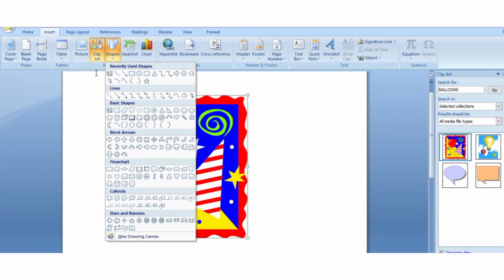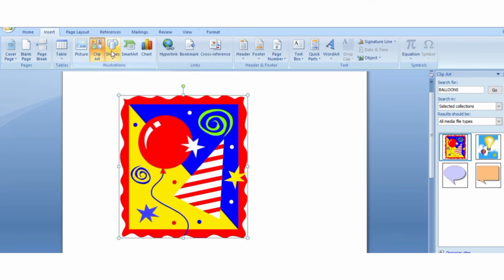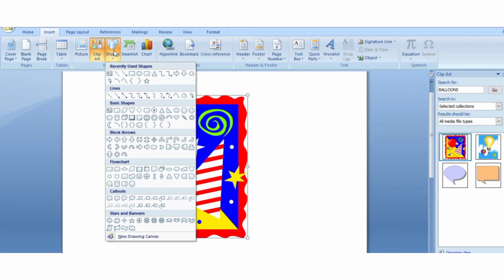And under illustrations, you will find shapes. Clicking over this shapes button, you can find so many different shapes here. First is recently used shapes. Recently means which you have used just now. Those shapes come under the recently used shapes group.